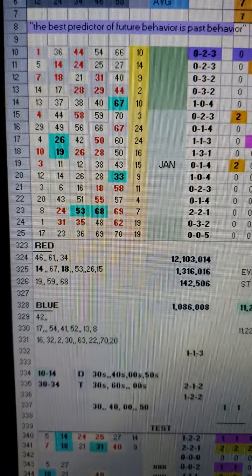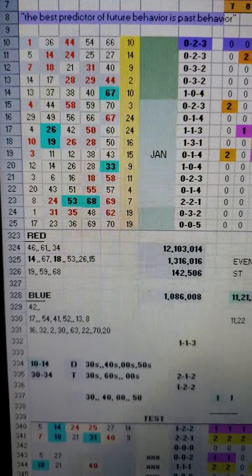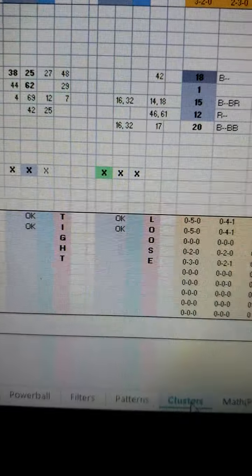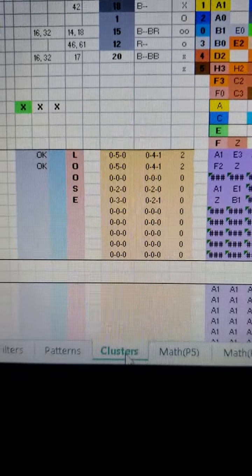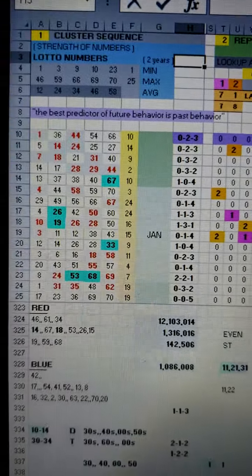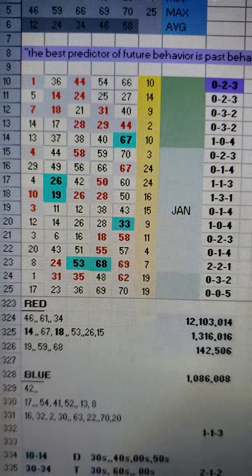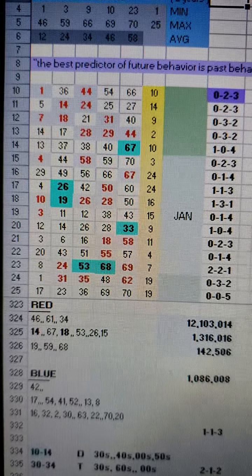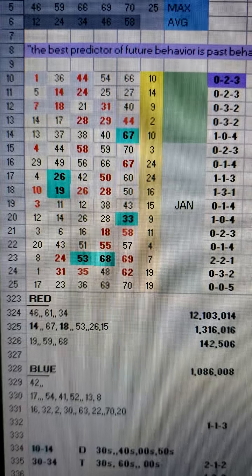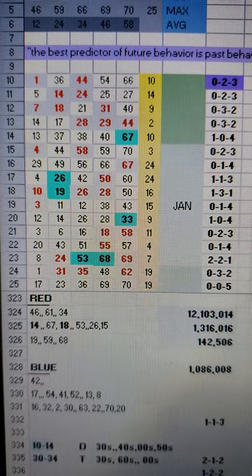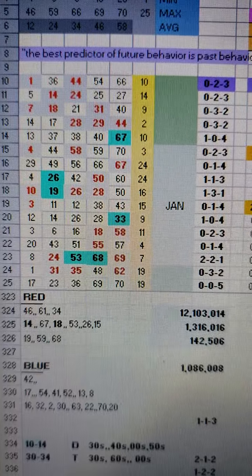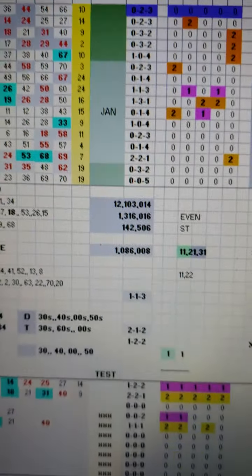This is how I update my chart for each drawing. On the clusters tab, I basically put the Powerball winning numbers on row 10, which I've already typed in. Okay, once I do that, then I go to the